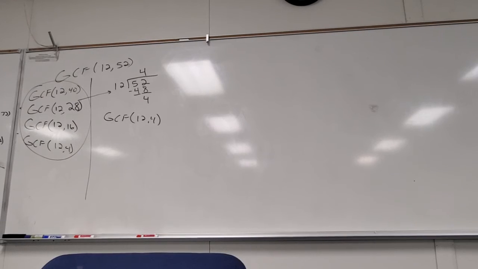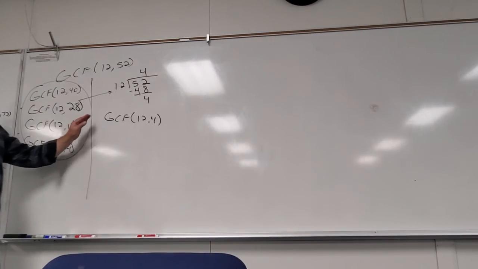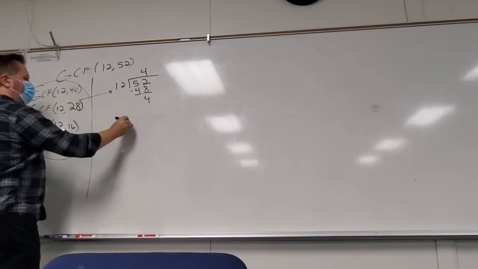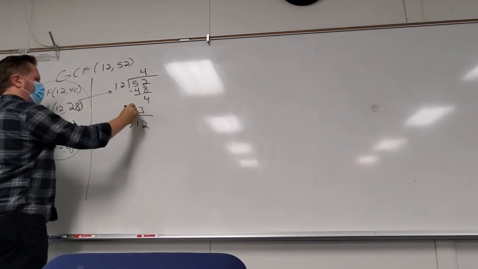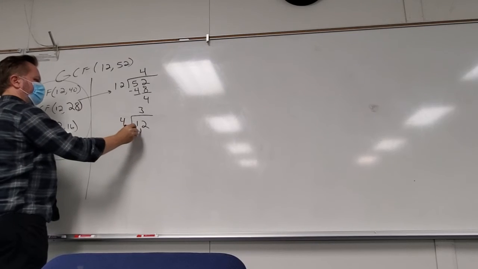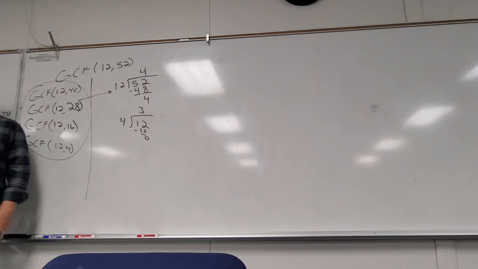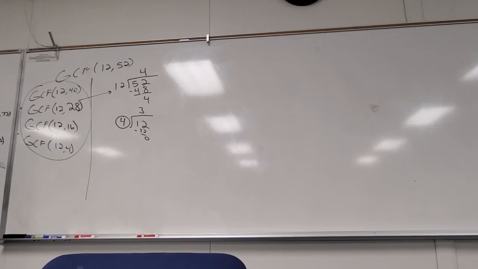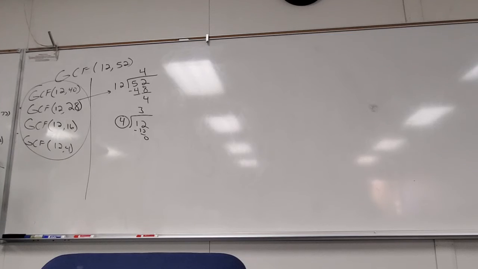And again, just to go one step too far, if I do 4 into 12, it goes evenly. No remainder, which means the last thing I divided by is the answer. Because that is the multiple that fits in there. If I step by 4,